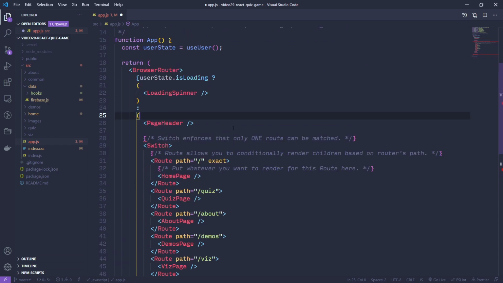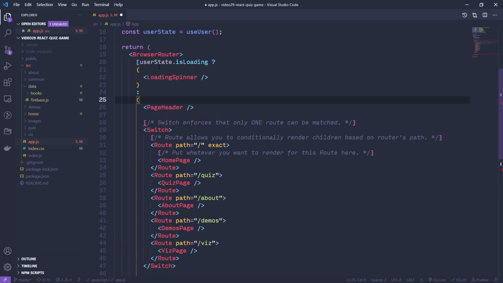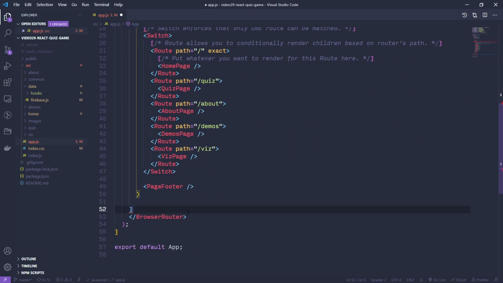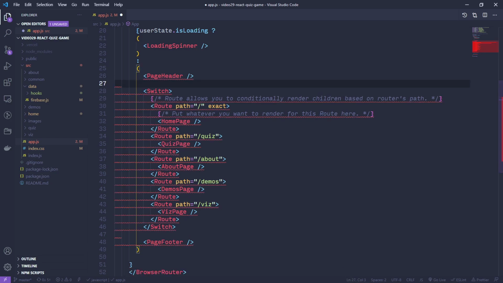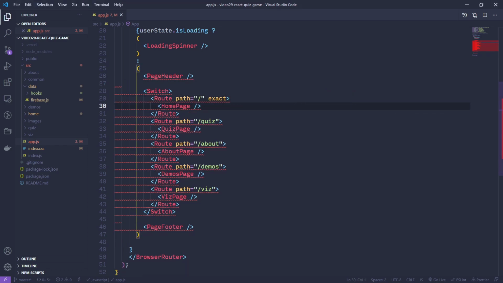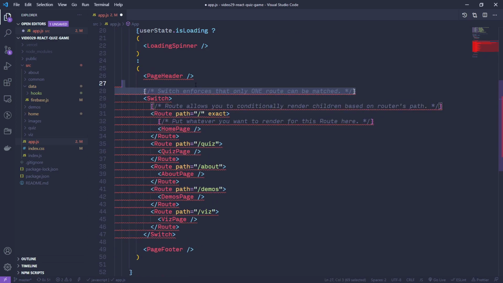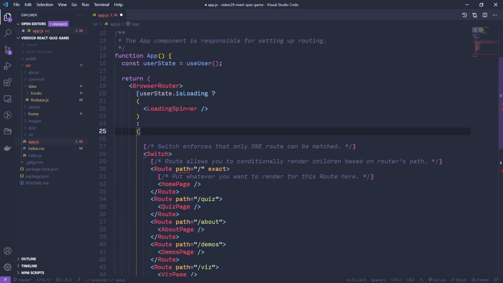And I want to make sure, let's see, use BrowserRouter. Oh, my comment is breaking things here. Oh, you know what? It's complaining at me because all of this needs to be wrapped in one element, and I have 3 elements side by side. So I think actually for what we're doing here, I'm going to undo this. I'm going to move my page header